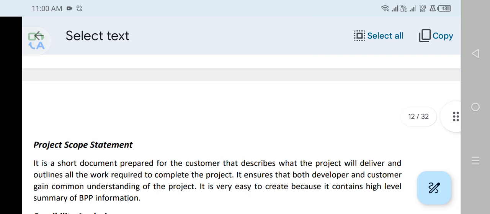Project scope statement: it is a short document prepared for the customer that describes what the project will deliver and outlines the work required to complete the project. It ensures that both the developer and the customer gain a common understanding of the project. It is very easy to create because it contains a high-level summary of the